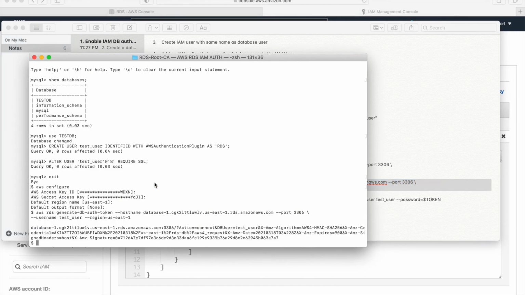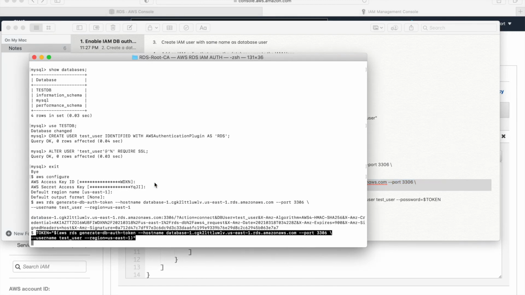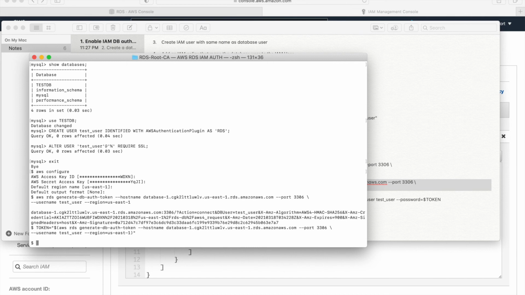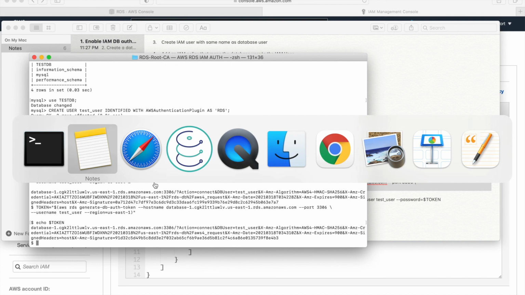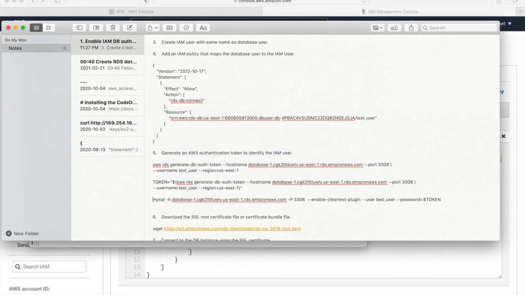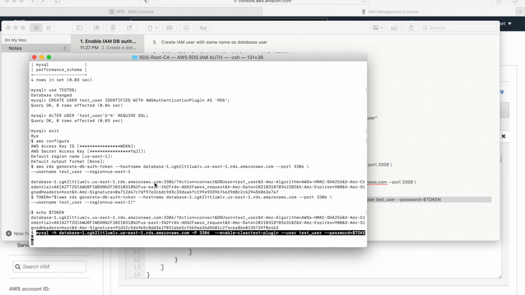TOKEN equal to... And I will put all these commands in the description so that it will be useful for you. If you just echo token, you can see the same authentication token is there in this variable. So this variable is used instead of the password. That's how we use IAM authentication.